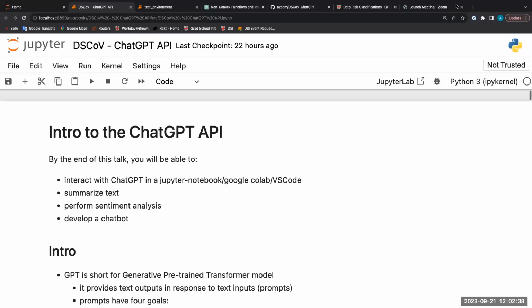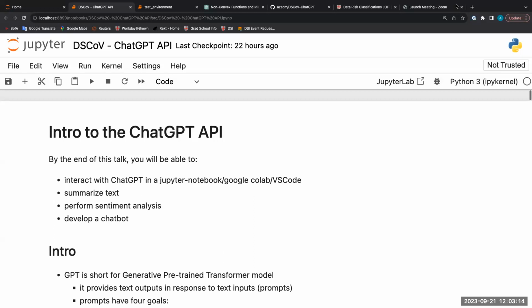I have to start with a disclaimer. I am not a ChatGPT expert. I don't think many people should claim that they are a ChatGPT expert. I would say that only maybe the OpenAI developers have the right to say that they are the expert of ChatGPT. The reason is that ChatGPT is not open source. We actually don't know what is going on inside of the code. We don't exactly know how it works. We can just try to infer based on the discussions and interactions we have with ChatGPT.